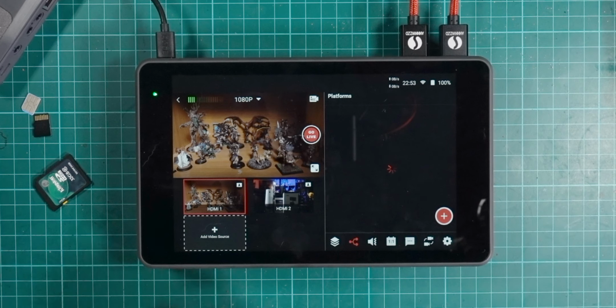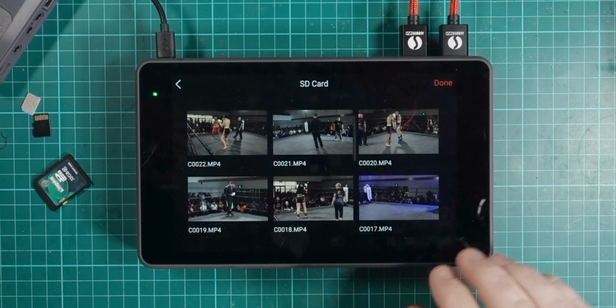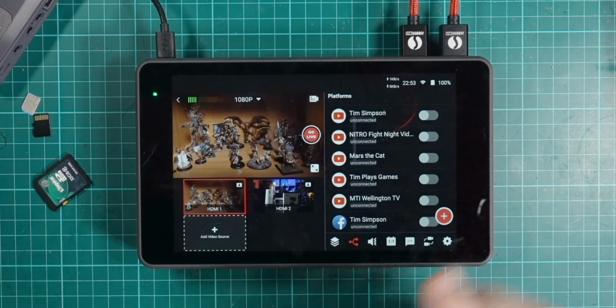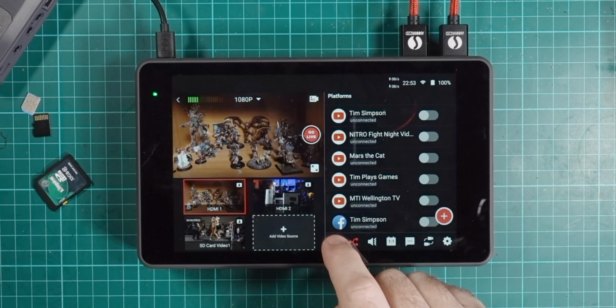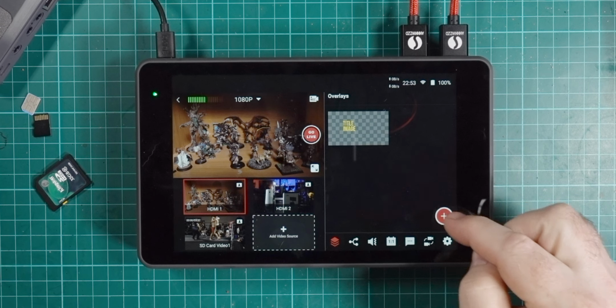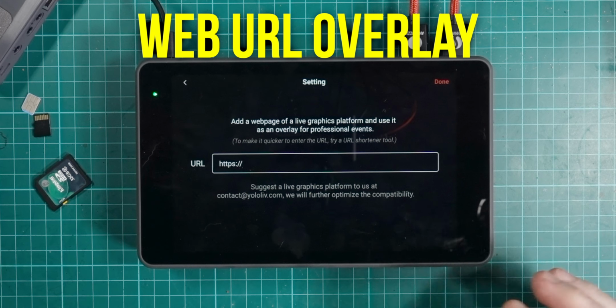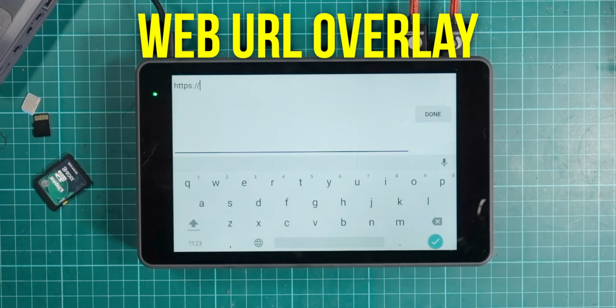And in here I've got a couple of cameras running. I can add another video source, as you're aware of, off the SD card that I've got here. Very easy thing to do. I just want that third video source for later. Now what I'm going to do here is have a look at overlays. I'm going to create a new overlay, and it's the web URL overlay. So I'll click on that, and now I'm just going to type in a URL for something,